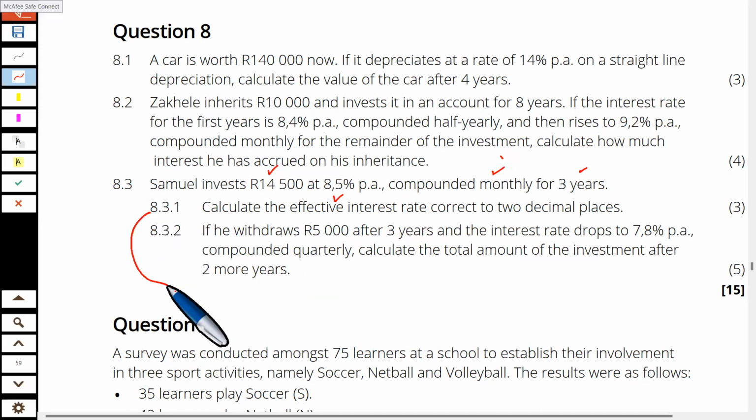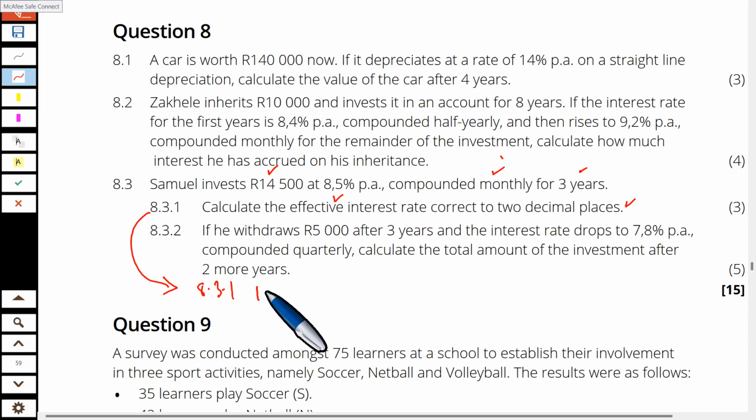Right, so the effective interest rate focuses on a couple of things. You need to remember that to calculate the effective interest rate, correct to two decimal places, we have the formula for the effective interest rate. Right, so how do we calculate that one? You need to remember that in 8.3.1,